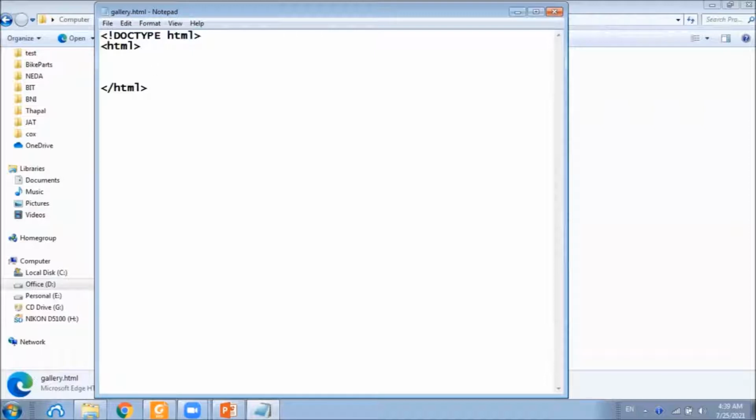And we will have a head section and a body section. Here, we will include a title called My Gallery.